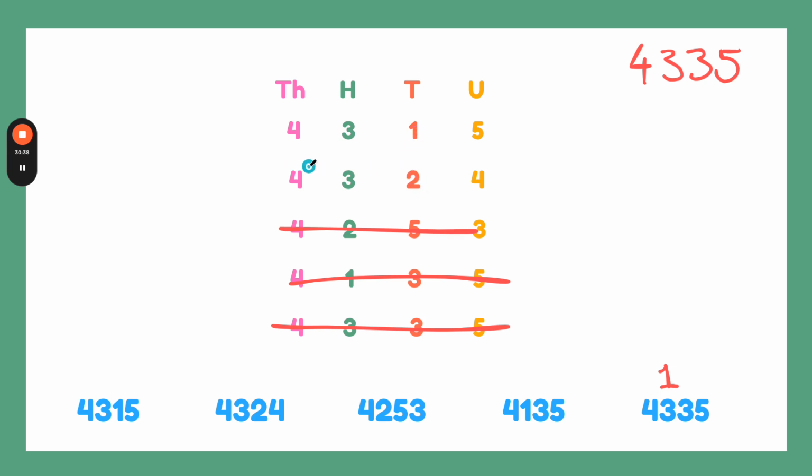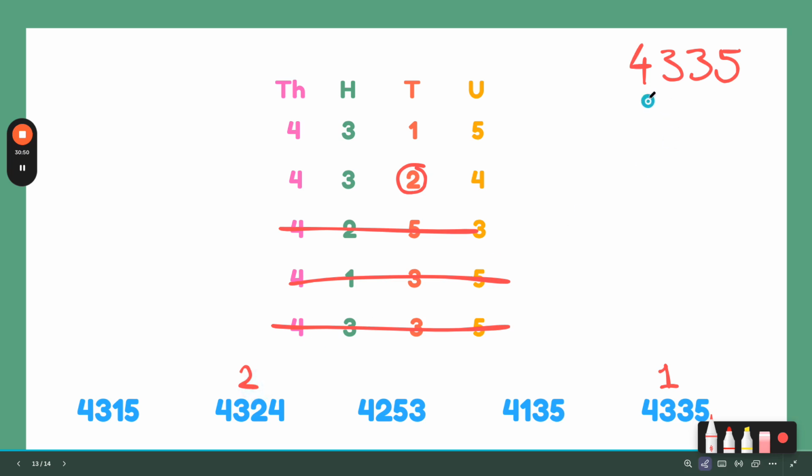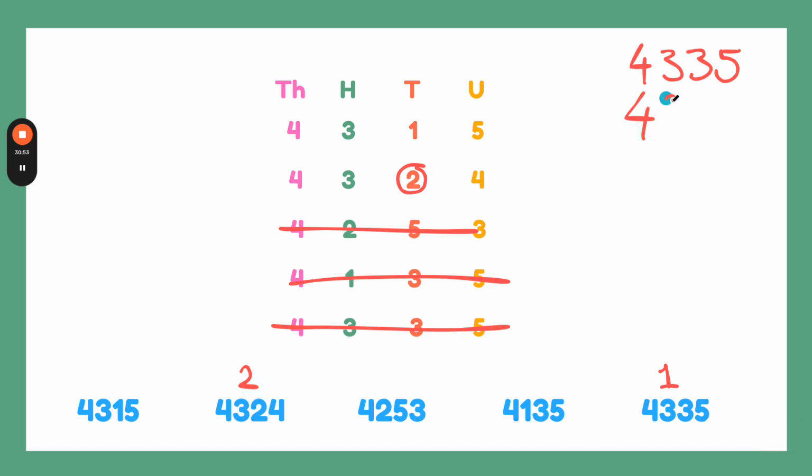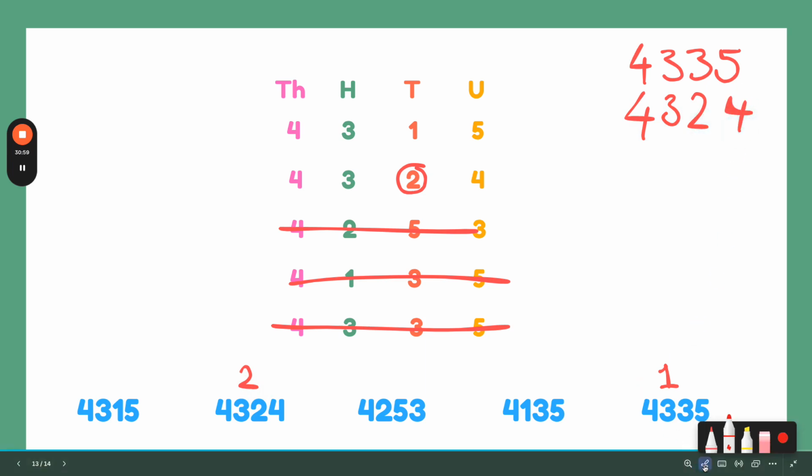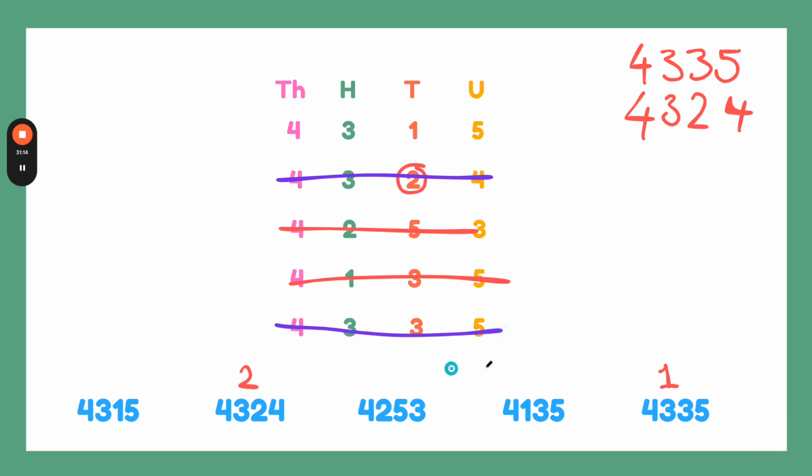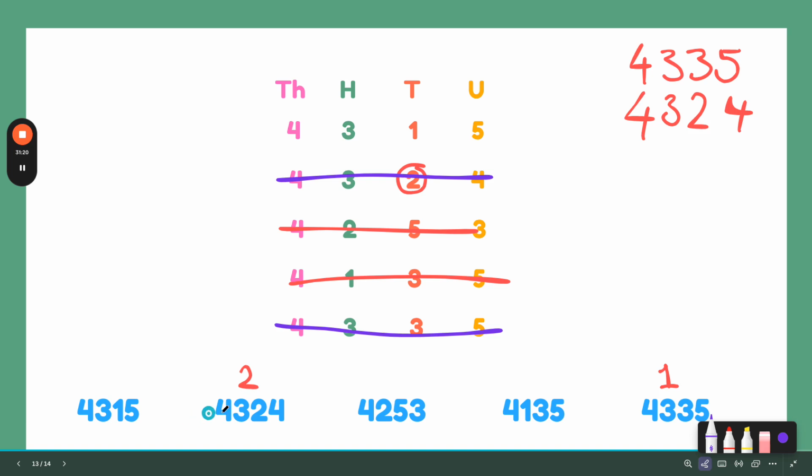So, which means our next largest would be 4,324. It's the second largest, so 324. I think I'll use a different color, just so we don't get these mixed up. So we've used this number and this number. These numbers are done,